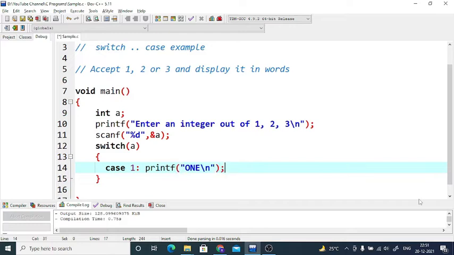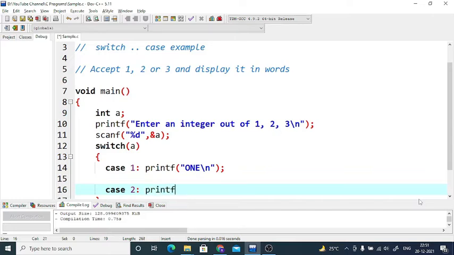So that's it. Let me not put break first. I've already explained to you theoretically the concept of fall through, but currently I'll be showing you in a practical manner how fall through happens. Even though right now in this program I'll not be able to show you the advantage of fall through, even that will be shown in further programs. But currently let us experience that. The fall through happens and then break is used to stop the fall through.